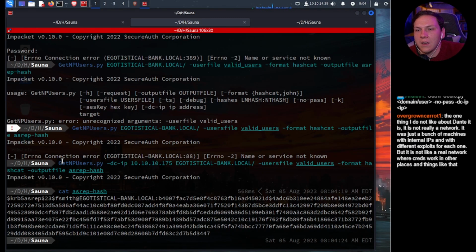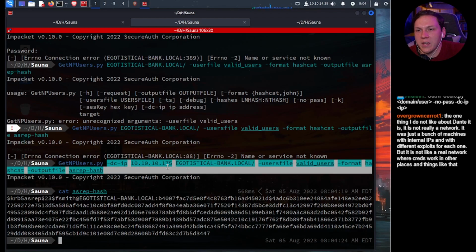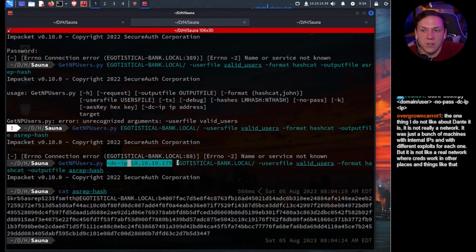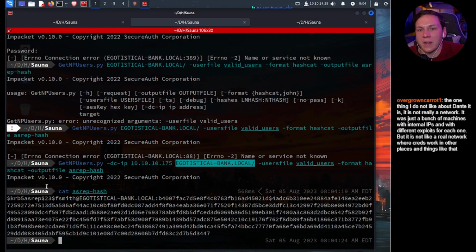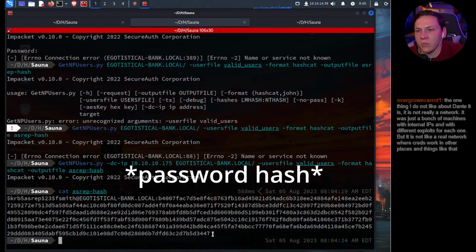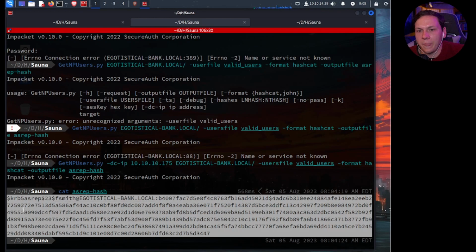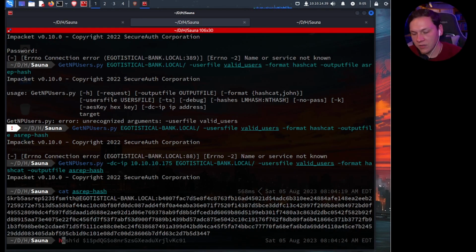So I didn't need to put no pass. I just needed to specify the IP address of the domain controller. Then what this does is it prepends this to the valid users. So we only have one user, so it only went through once. Put it in the Hashcat format and then outputted it into this file. And so now this is the ticket. So we can crack this,